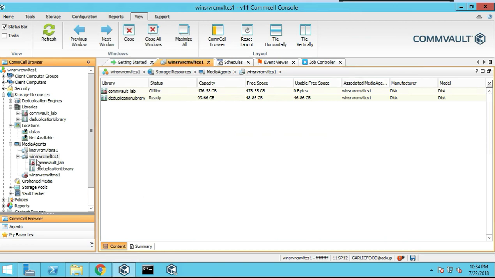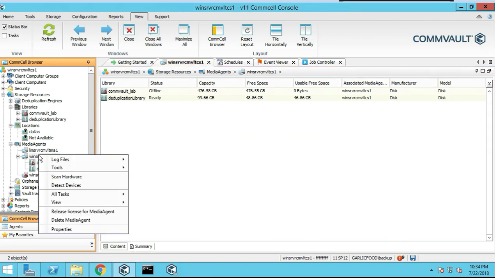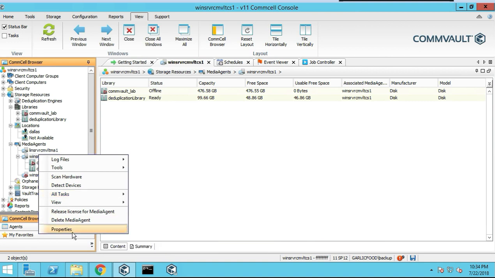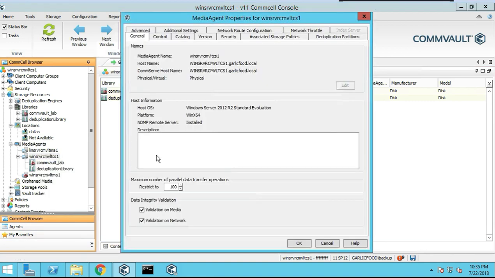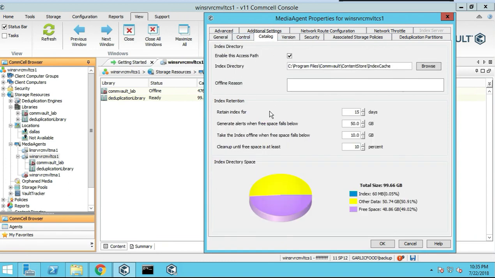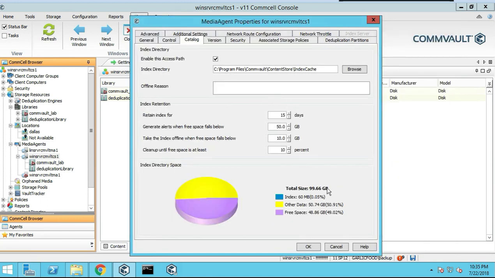All right, so media agents and client agents are the same thing, except for a couple of different variations, basically. What it looks like anyway, and the properties are pretty much the same as well. You'll see the control, you have the catalog version. Here's the kind of cool thing right here. We have the catalog. It'll actually give a nice little display